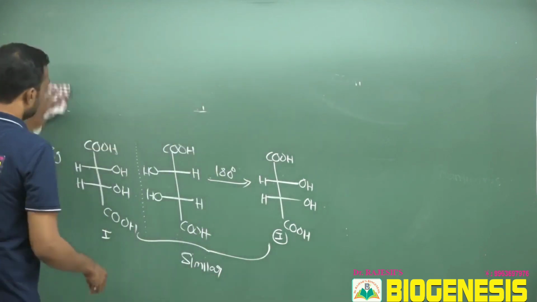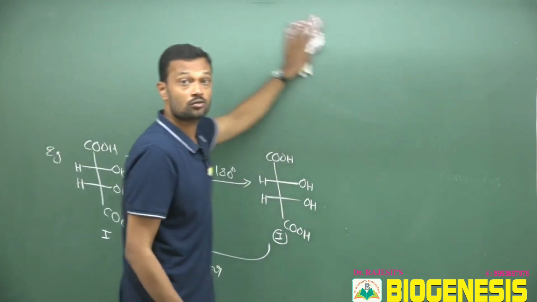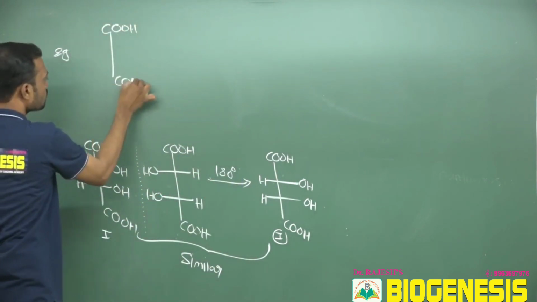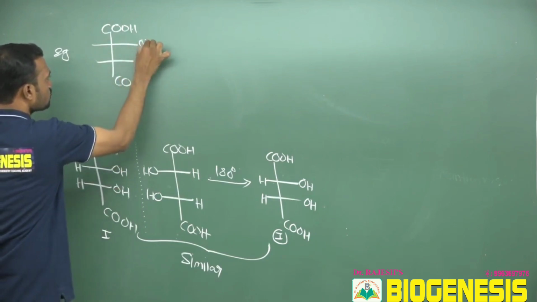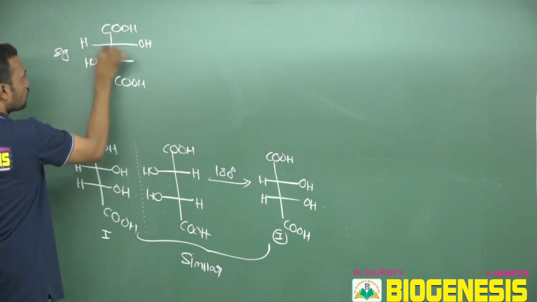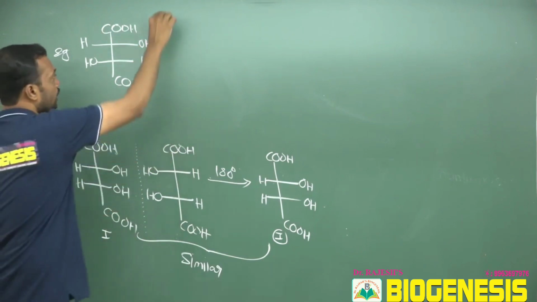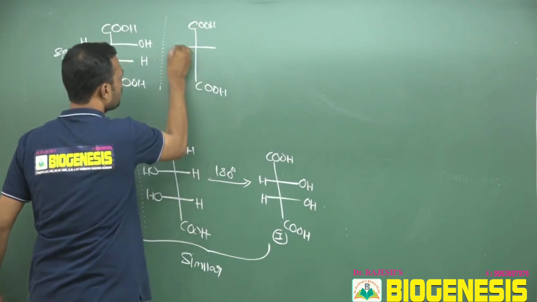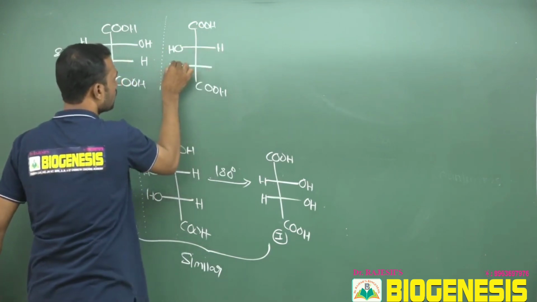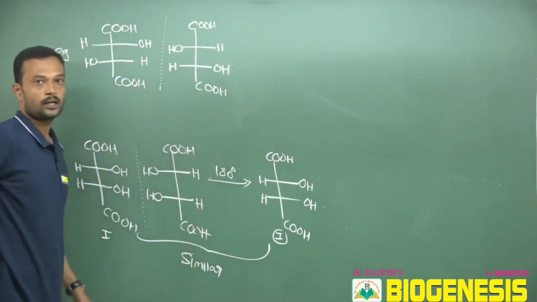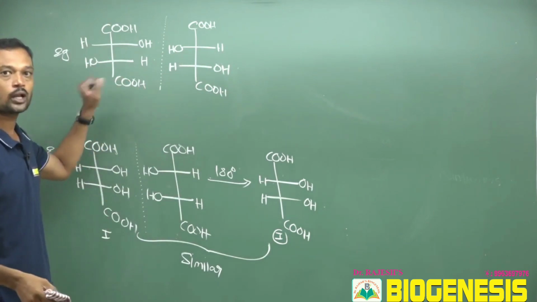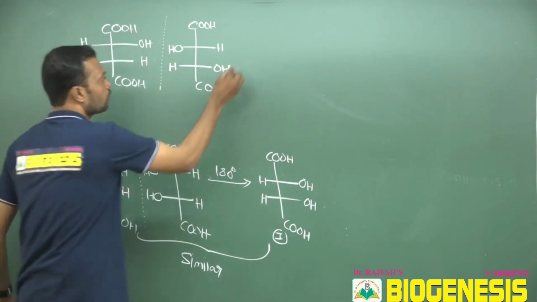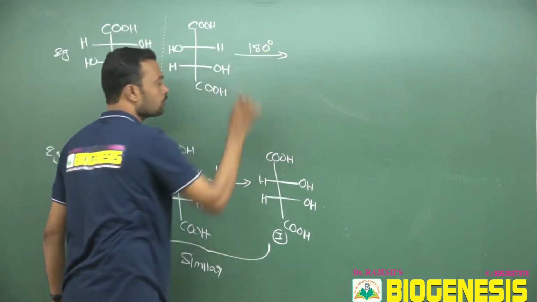Now you may also ask one more question. If I take two hydroxy groups opposite in direction, how can we predict the enantiomeric relationship? We can use this. See, carboxylic acid, carboxylic acid. Now I am using hydroxy, here hydroxy, hydrogen, and here one more hydrogen. Now I write its image, carboxylic acid like this, here hydroxy, hydrogen, here hydrogen, and here hydroxy. It is the image of this molecule. Now I would like to confirm whether this image is an enantiomer or homomer. So what I said, when a molecule's image is given, rotate that image about 180.